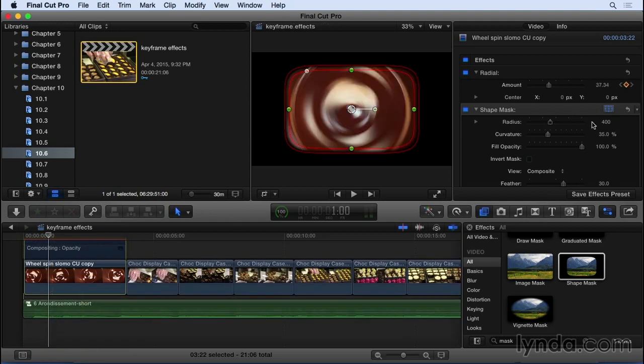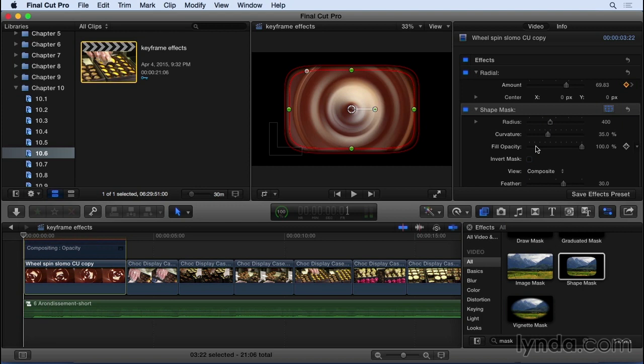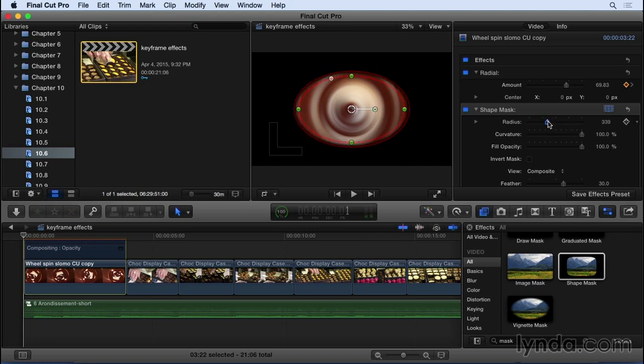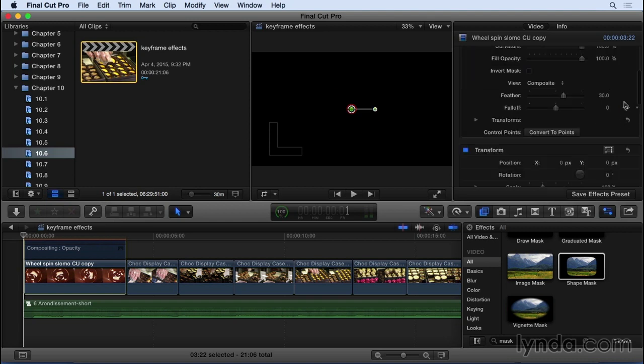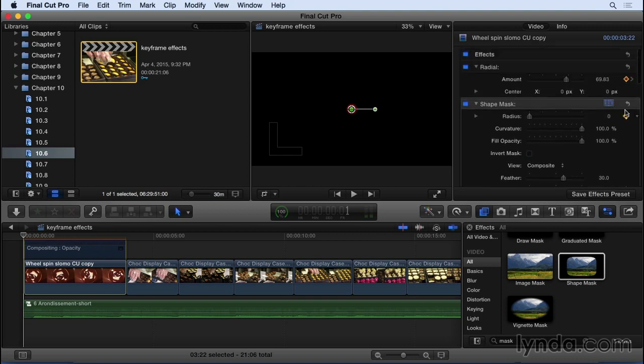So let's go ahead and do it with simple keyframes in the inspector first, and then see how it translates to the video animation tool. So I'm going to press up to go to the beginning of the clip, and I'm going to just make some basic changes here. I want to make it round, and I want it to go all the way down to 0 here. And now I'll add a keyframe on radius. So this effect has a whole lot of parameters, all of which are keyframeable, but the only one that we're going to keyframe for this effect is